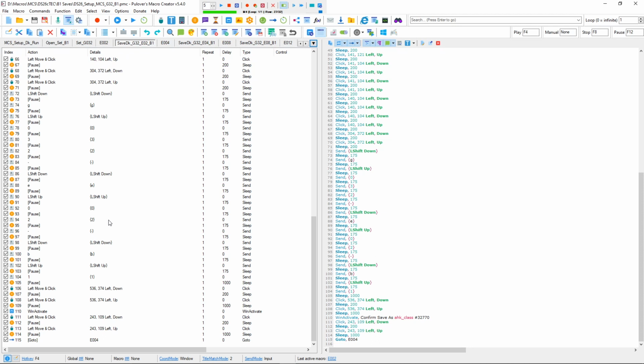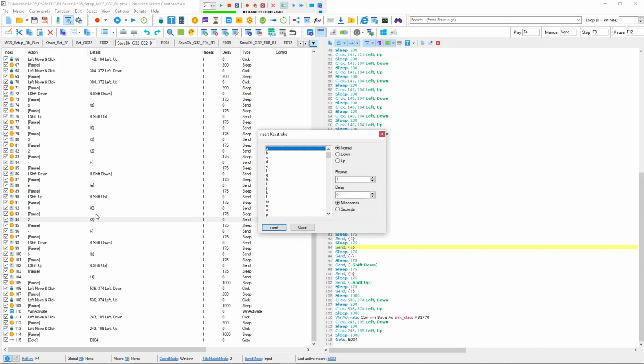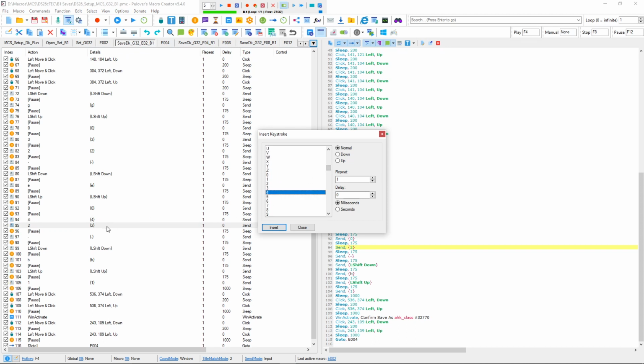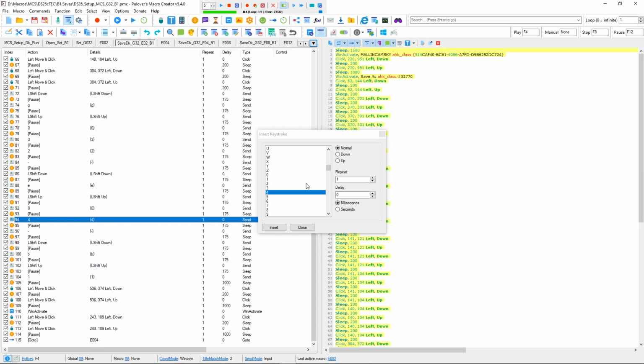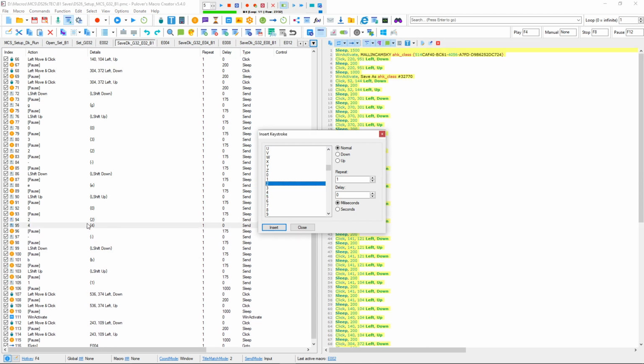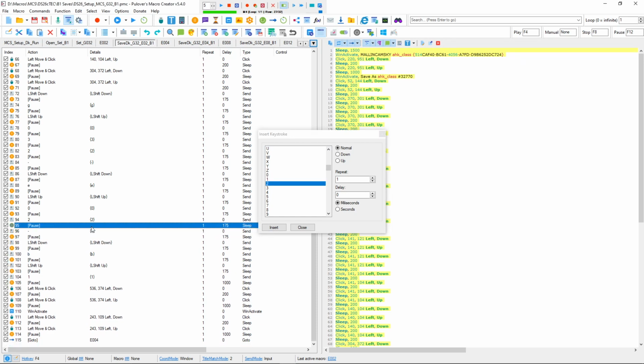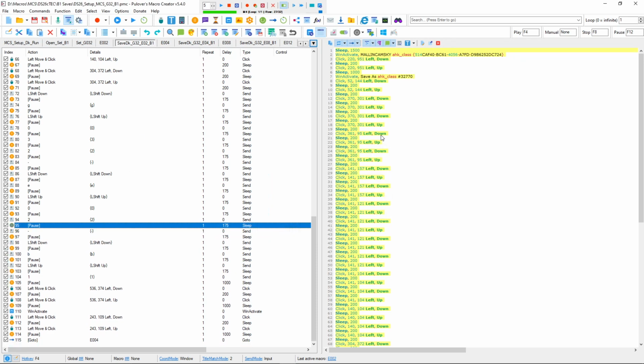So if my next exposure is going to be 4, I would click on this and control insert, and I would make it 4 and delete the 2. But I don't want to do that. I want to save the 2 and delete the 4. So now if I run this,